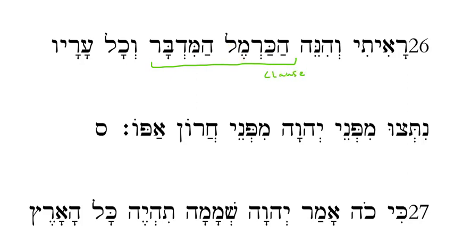So what does that mean? It means that we have to supply a copula. Okay, so there's a null copula here. We need to supply is, are, was, or were. Because we're using the perfect, and this is him prophesying and reporting what he sees. Probably want to make this past tense.